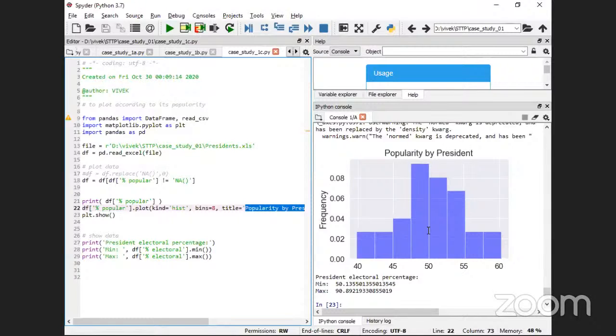You can infer from this histogram that the president popularity between 47 to 50 is more in that data set, right? Comparatively with other popularity percentages of presidents, the popularity of president between 47% to 50% has higher frequency, followed by 50 to 53 and 53 to 55. So this is how the frequency exists in that data set. So this is how you can do your analysis with respect to